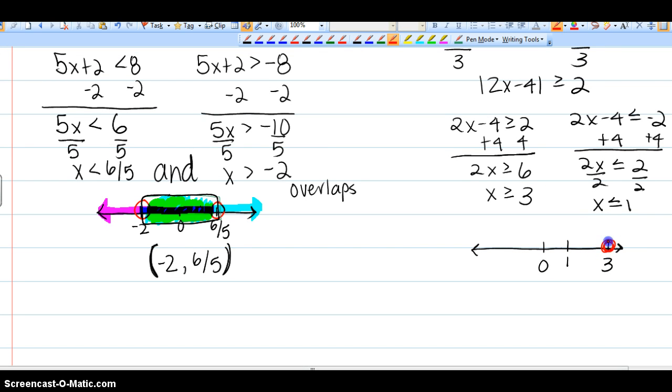Greater than or equal to 3 will be a closed, and again, it's just the same steps at that point once you get it all alone. And less than will go this way. So we will have -infinity to 1 with a bracket, union with 3